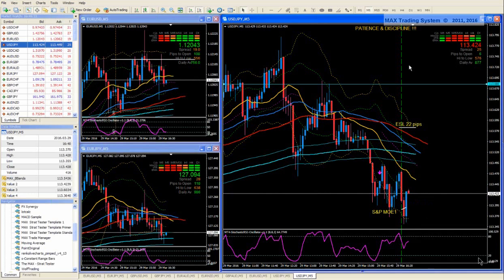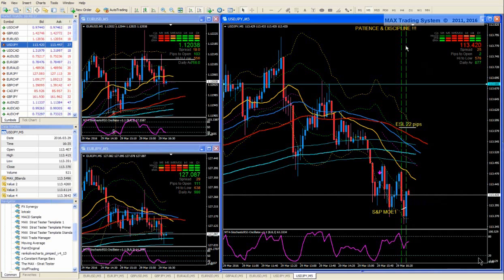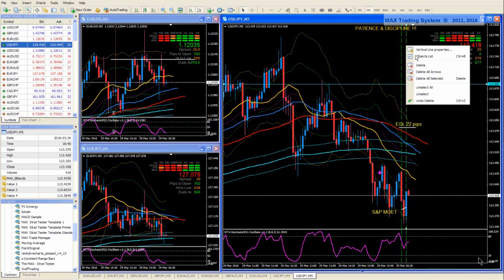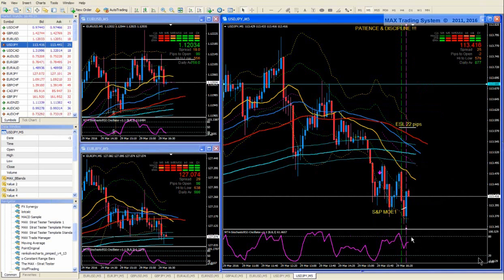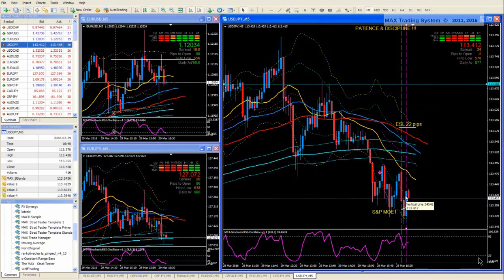Okay, this candle has closed as a blue bar here, okay? And I like to change the color for my vertical line here. The stoch RSI gives me here an exit condition. We have even two exit conditions appearing with this stoch RSI. And so normally this blue bar is an exit setup bar.